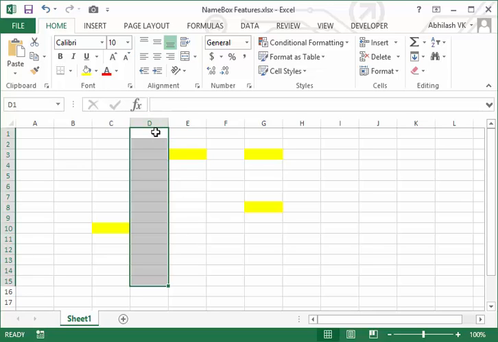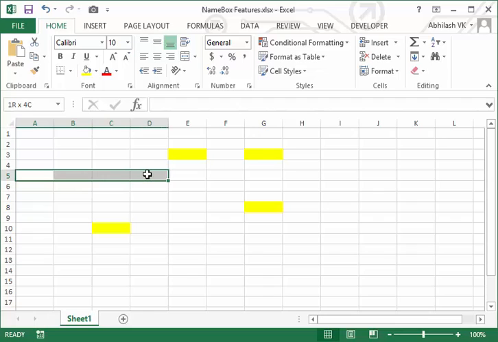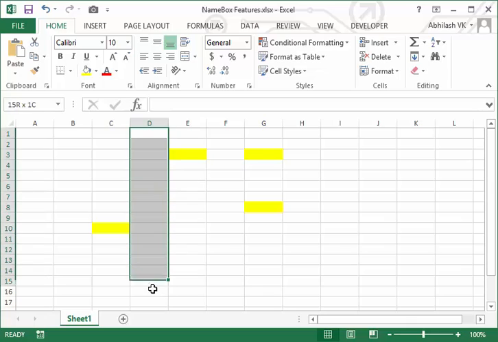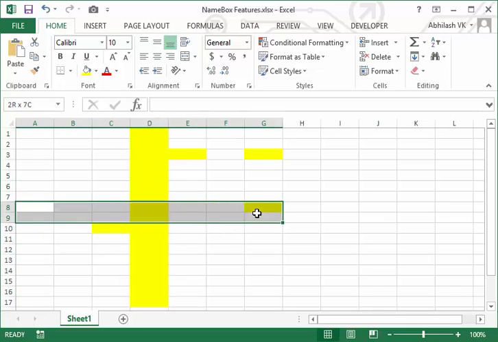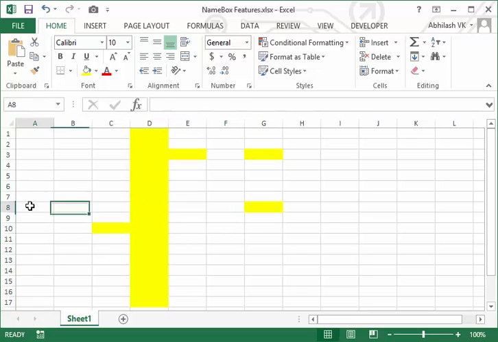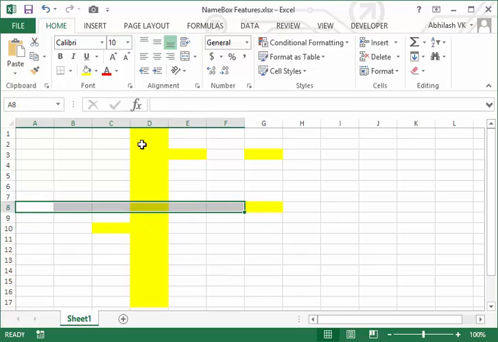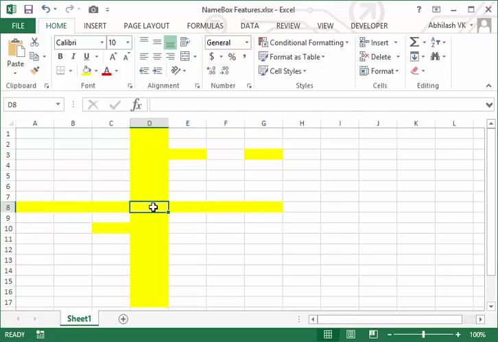So for example D1 to D10, okay, and the fifth row is intersecting the D column at D5, right? See, this is the range of cells, and this is the eighth row, which is intersecting the D column in the D8 cell.